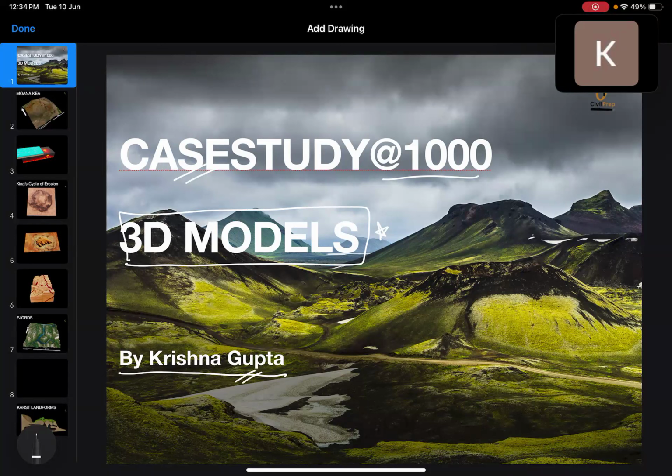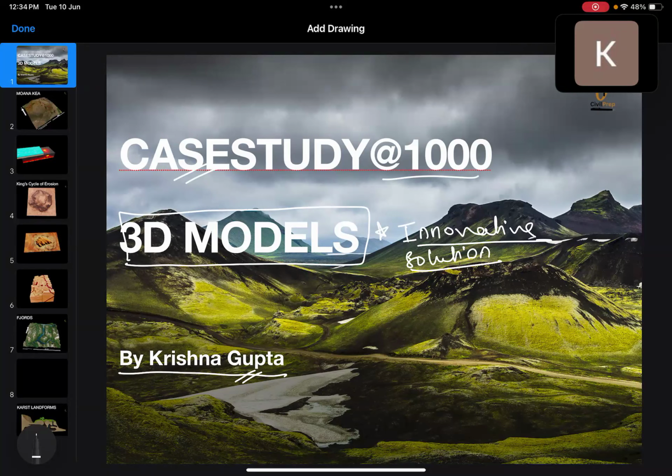So I have started this unique program which is being taken up now. I have seen that there are certain issues with understanding the landforms or understanding the phenomena. It is quite difficult, and most of the students find it difficult to visualize things. So I have taken up this innovative solution of coming up with the 3D models here. So let's start with the